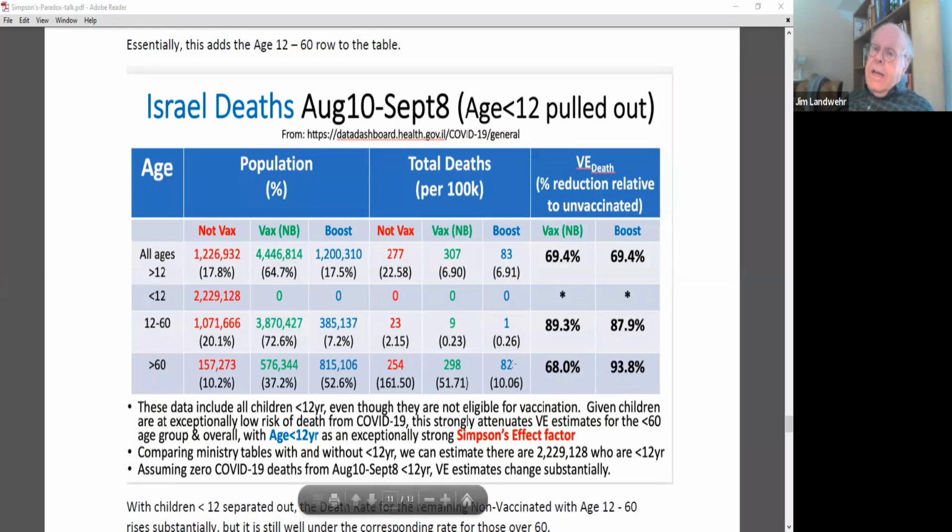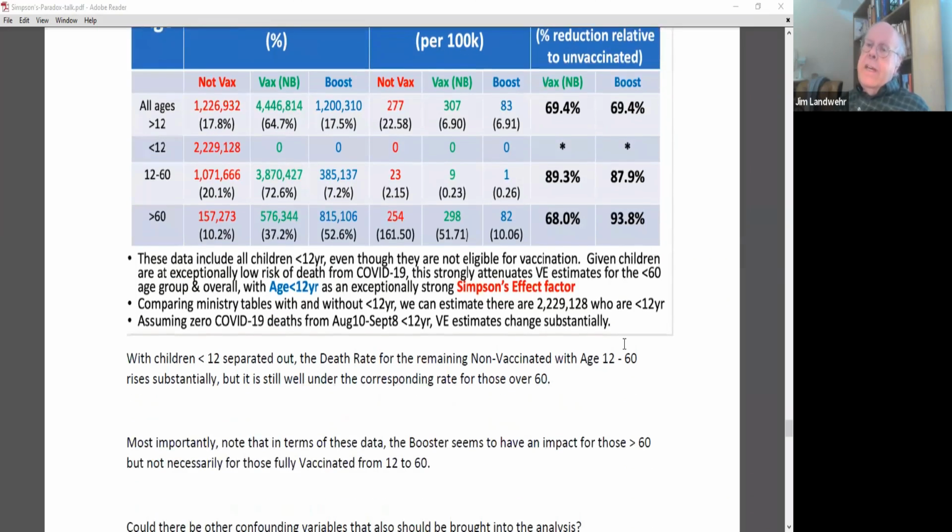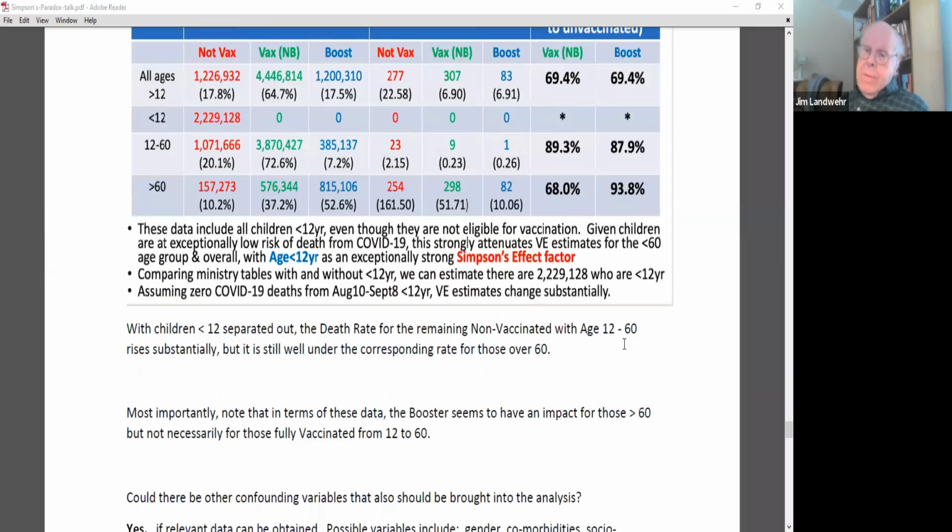And you see that one of the reasons they initially said people over 60 should be boosted, but not necessarily everybody who got it before, is that the effectiveness of the vaccine in Israel at that time was about 88 to 90% for both those who were fully vaccinated, not boosted, and those who were fully vaccinated and boosted. So this sort of data is one of the reasons they said, well, maybe initially we don't have to boost everybody.